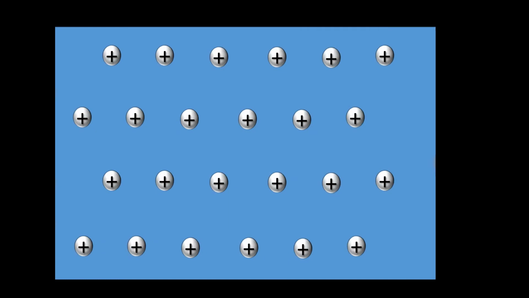We all know that in any conductor, we have positive ions vibrating about their mean position, and there are so many free electrons, around 10 raised to 22 to 10 raised to 23 electrons per meter cube. So the number density of free electrons in any conductor is very high, and these electrons